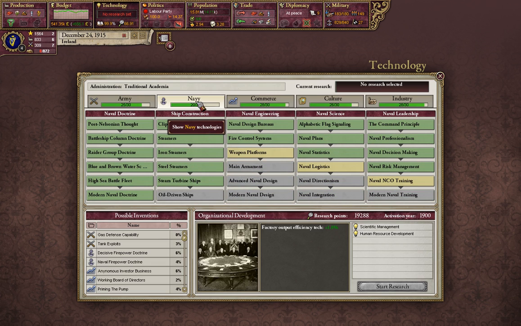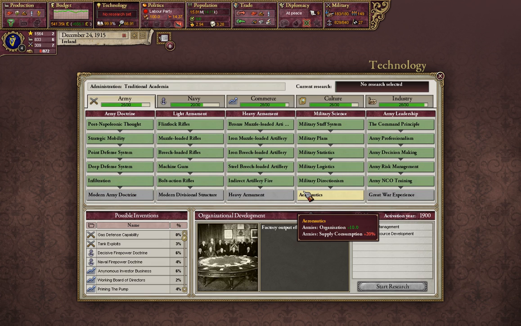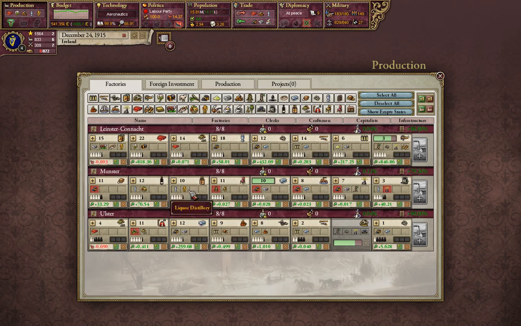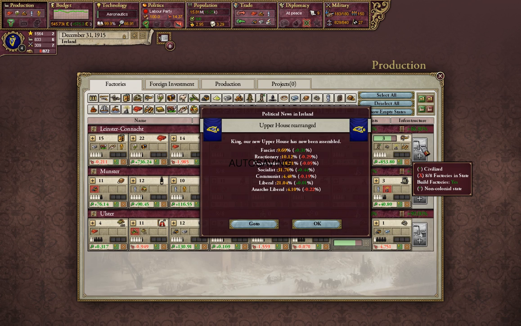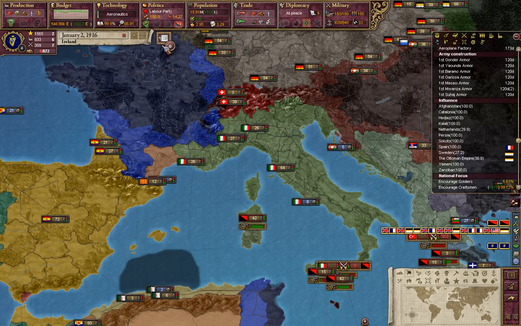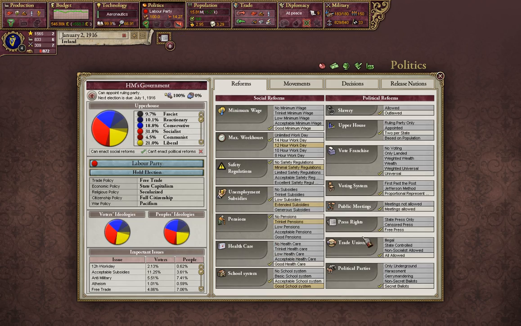Okay, so our research is finished. Maybe we'll go ahead and get airplanes now. Though I don't think we have an airplane... We do have an airplane factory. Just ignore me, I suppose. I don't even know what factories I have. So, yeah, now that we can actually build them, once we're finished this, we can build them, and then we already have the factory built, so...